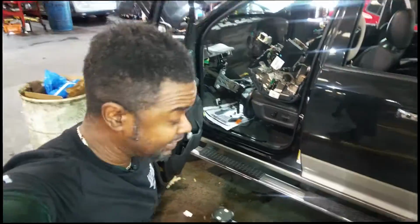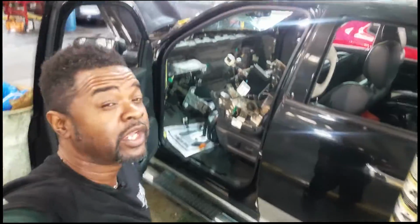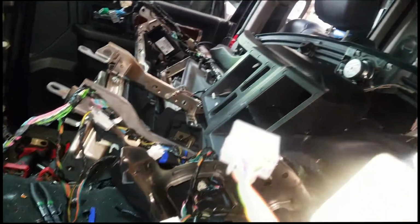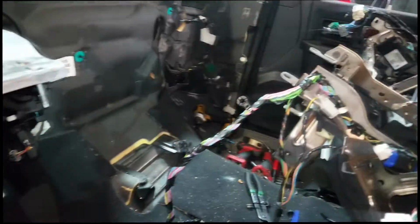Y'all see this mess I done got myself into? Take a look at this. Well, I had to remove the entire instrument cluster, and some of you can guess what repair is being done. That's right, I'm sure you can guess it because the complete AC housing is out of the truck. Now what we're doing is